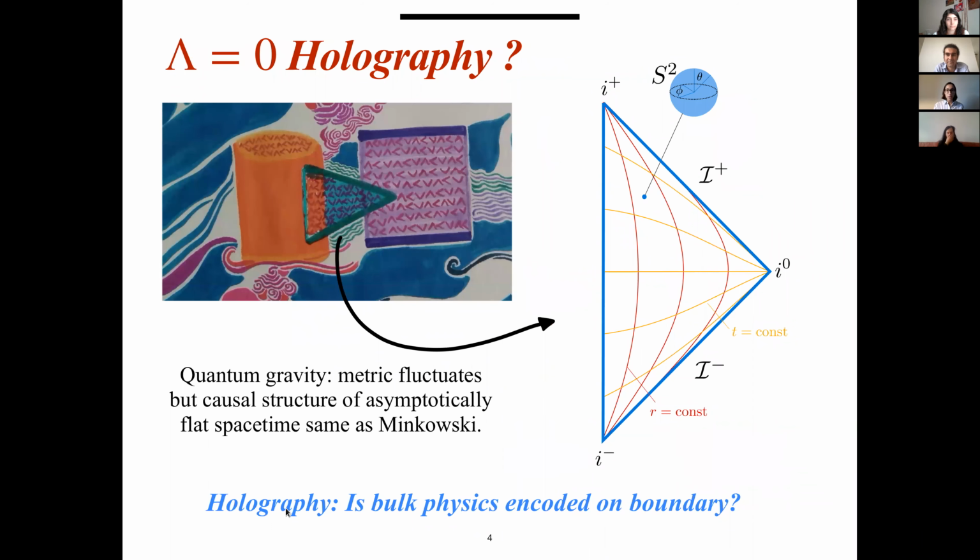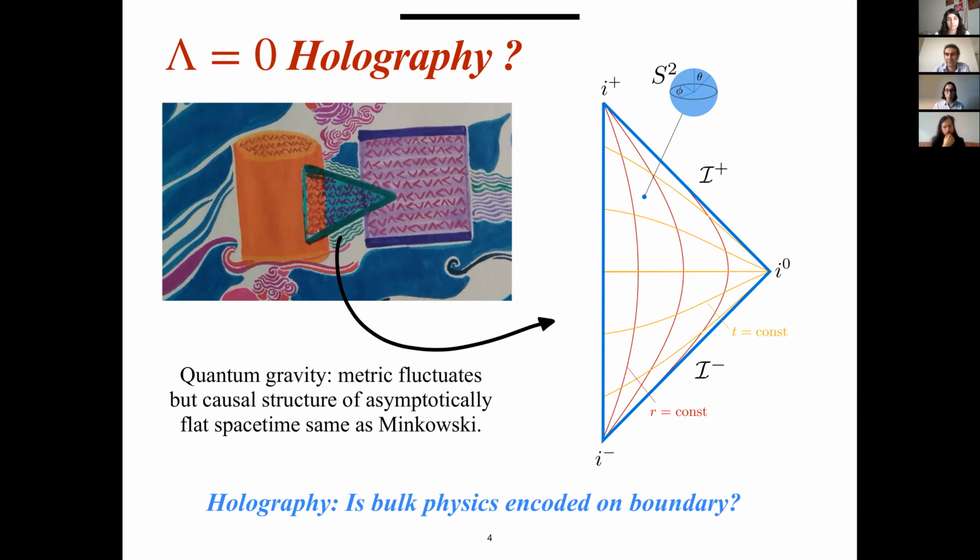So we want to understand holography when lambda equals 0. And the first thing to talk about is shown in this beautiful picture that I've stolen from the conference website, which tells us that we should discuss the boundaries of these interesting spacetimes, de Sitter and flat space. And in this particular context, I should discuss the Penrose diagram of asymptotically flat space, which is this triangle shown here. So what we want to understand is how quantum gravity works in this spacetime, and in particular, whether we can describe the physics in the bulk of the spacetime in terms of a theory living on the boundary